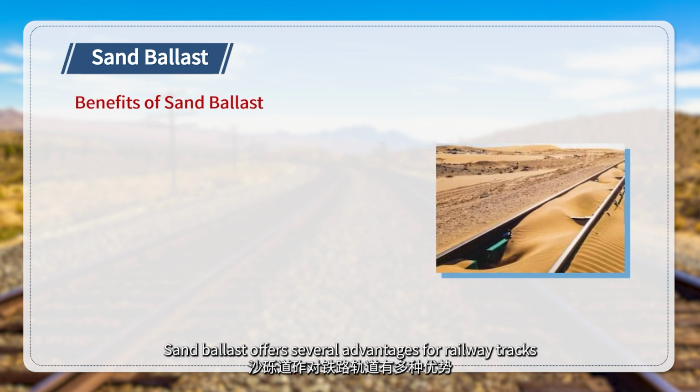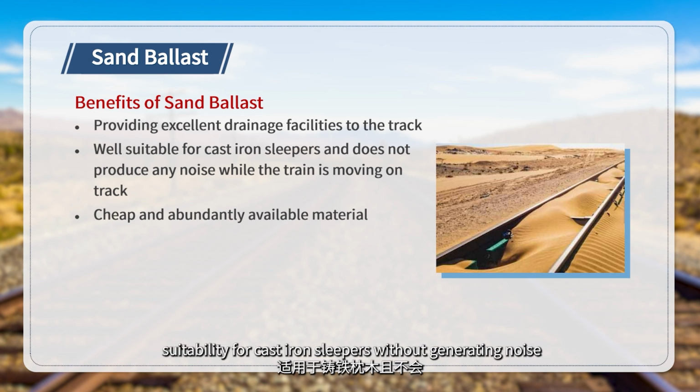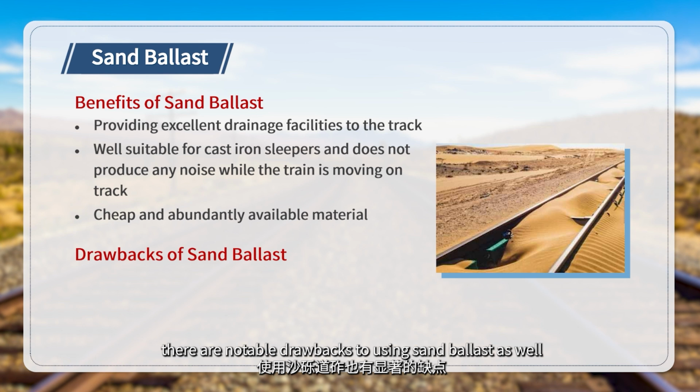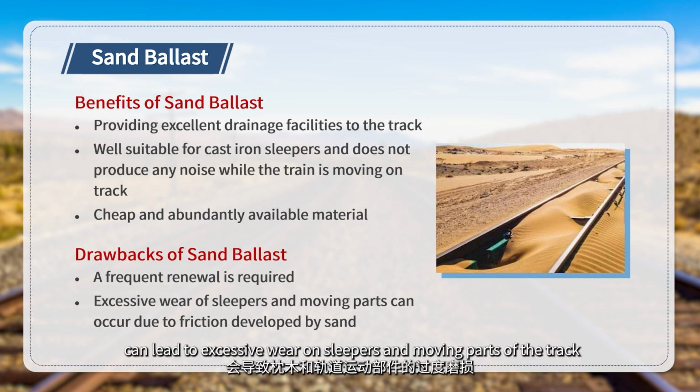Sand ballast offers several advantages for railway tracks, including excellent drainage capabilities, suitability for cast iron sleepers without generating noise during train travel, and its cost effectiveness as it is readily available at low cost. However, there are notable drawbacks to using sand ballast as well. It can be prone to blowing off easily due to train vibration or strong winds, necessitating frequent renewal. Additionally, the friction created by sand can lead to excessive wear on sleepers and moving parts of the track,